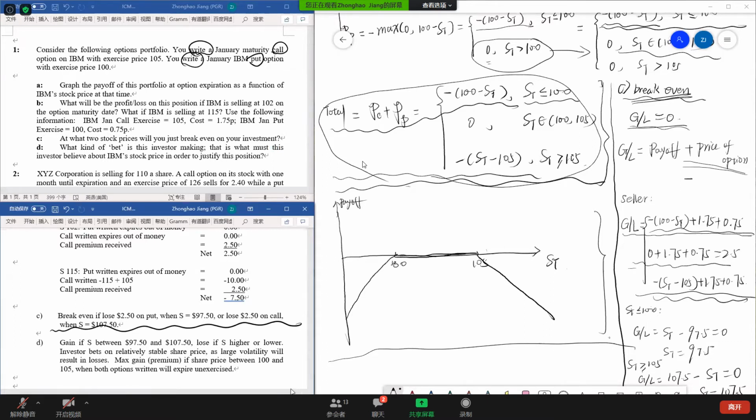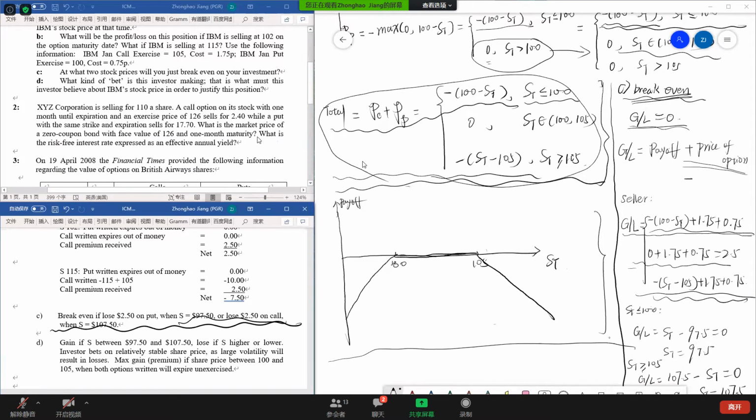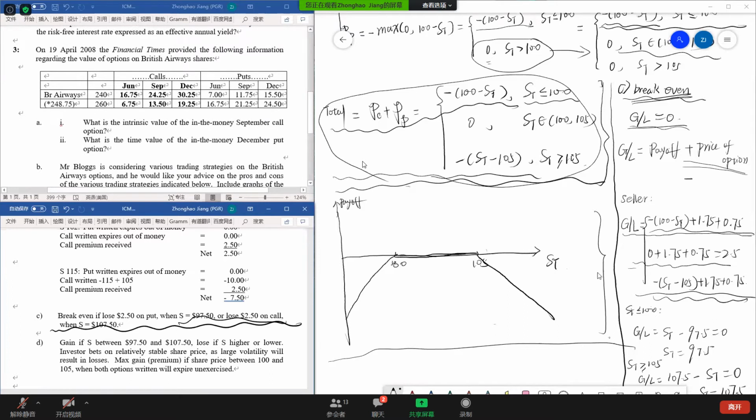Because in your answer, it directly gives you two numbers, so I explain more here. If you have any questions, you can interrupt me. I think question 2 is quite easy. Just calculate using the put-call parity. Then for question 3,